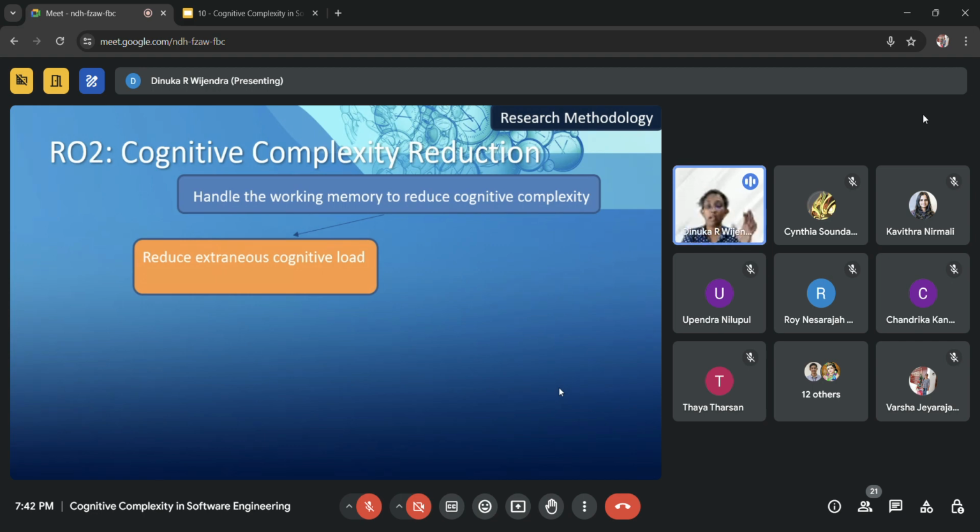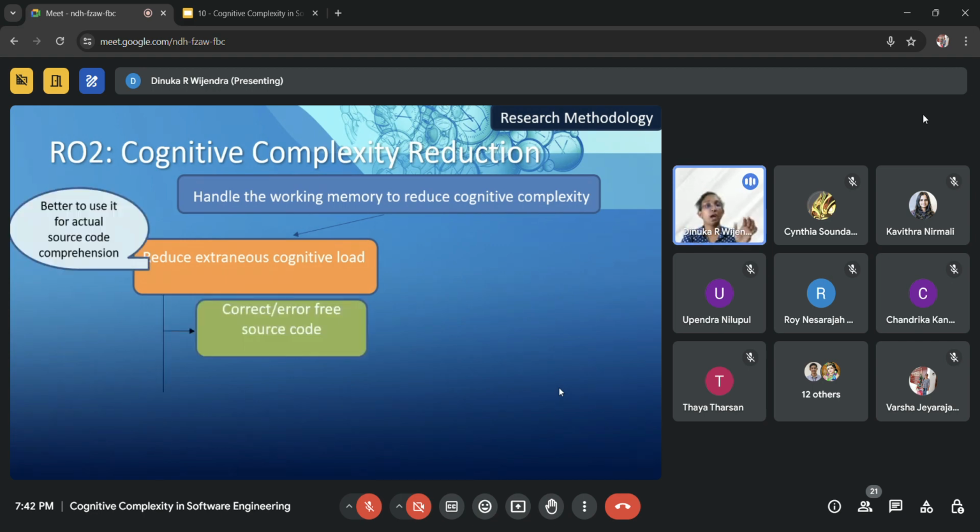Now, what is meant by unnecessary working load? It means that if the source code is given and you want to check whether it is correct or error free, or whether it is going with the logic, first of all some effort has to be given for the correctness. That is what we are calling extraneous. And if it is not structured, think that you have been given source code typed in a notepad.